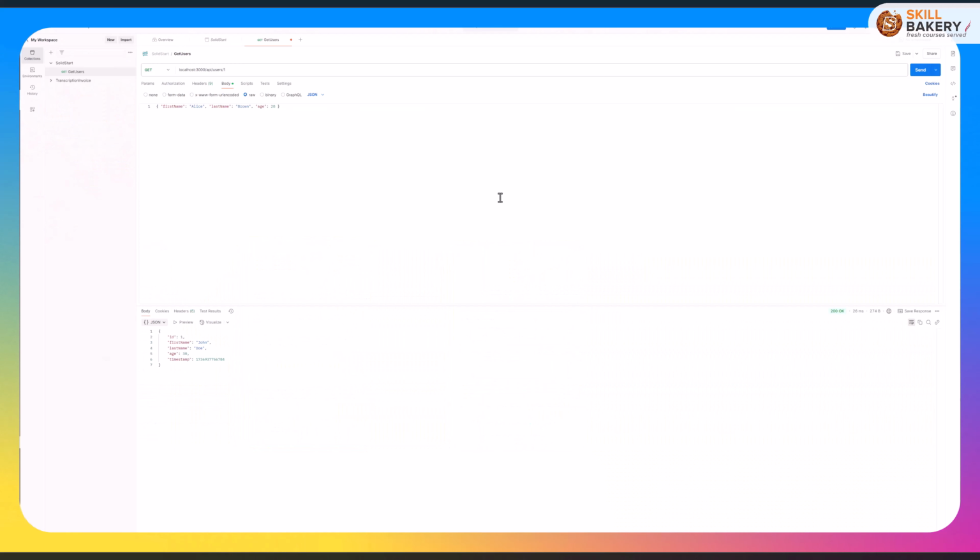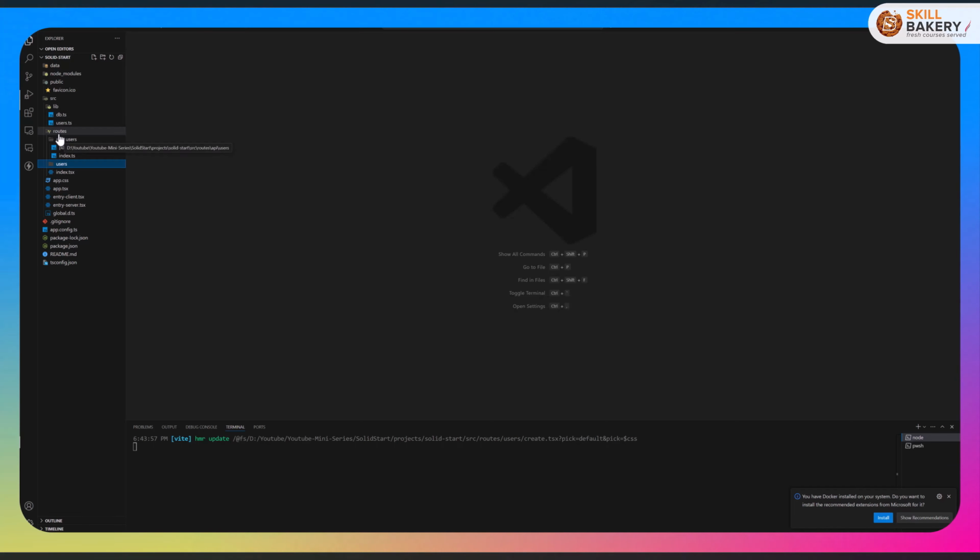In our previous lecture, we covered how to create API routes and we tested them using Postman. In this one, we'll be consuming those routes and performing data fetching using the createAsync method provided by SolidStart. So here under routes, we had the API directory created, and within that we had the users, and then